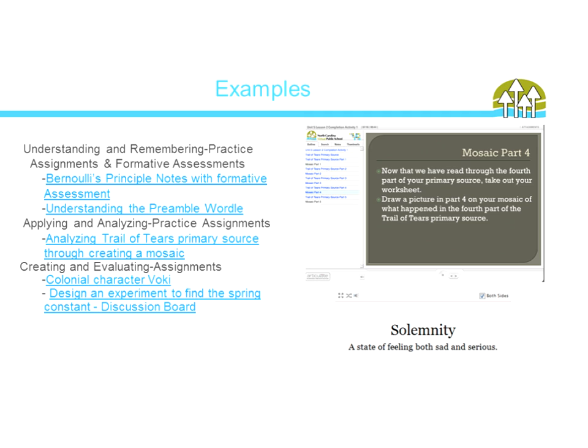For that one, they are going to create this Wordle, which is a website you can use, and you can create different shapes out of all these words. They're going to take the Constitution preamble, put it in there, and then they're going to look at what do they not understand from that? It breaks it apart into words. What words do not make sense to them? And then they can take those words and figure out what they mean. So again, it's in your lower levels of Bloom's. Then a practice assignment needs to be a little bit higher.